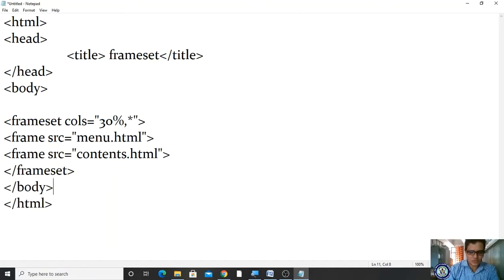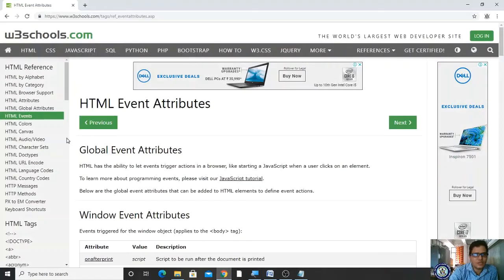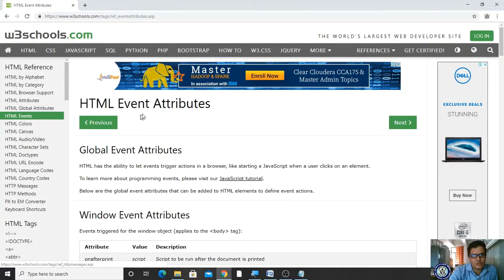This is the frameset tag. If I want to divide the browser into frames, then we have to use the frameset tag. Here in the frameset tag, I am using the attribute cols, to display column-wise. If you see here, this is one column and this is another column: first column and second column, one row and two columns.